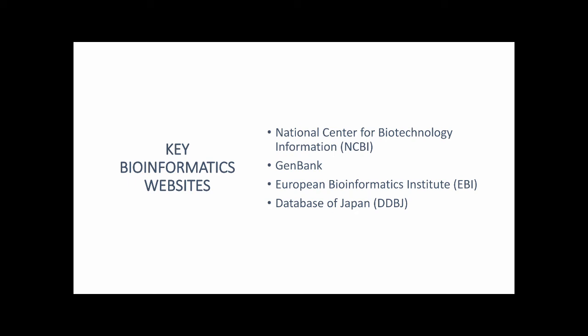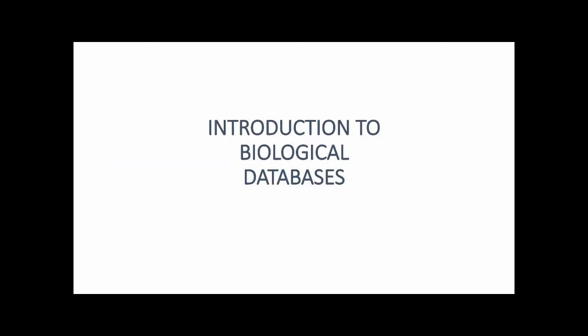So, we have the key bioinformatics websites. This is the usual that you use, the NCBI and the GenBank. Although GenBank is also inside, or there's a link in NCBI to access GenBank actually. And then we have EBI and DDBJ. Now we have the three main DNA databases. We have of course NCBI, we have EBI, European Bioinformatics Institute, and of course the database of Japan. This is actually the DNA Data Bank of Japan. Now in the next lecture we will discuss biological databases.